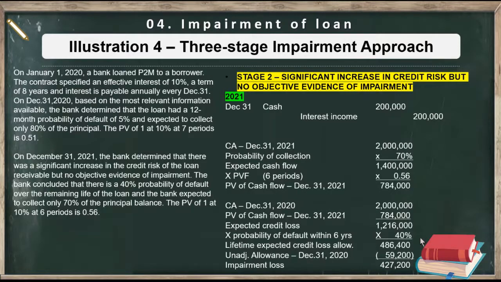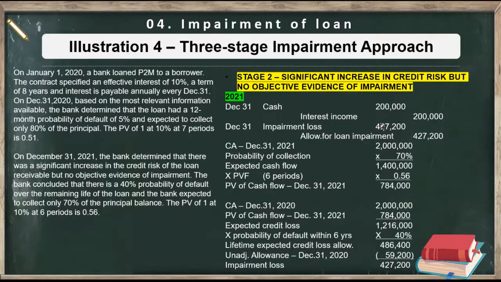And the lifetime expected credit loss allowance would now be 486,400. Since we already recognize 59,000 last year, so pila man ang ato ang impairment loss this year, so that's 427,200. So therefore, debit impairment loss and credit allowance for loan impairment. So if you're asked in the problem, how much is the impairment loss in 2021? The answer would be